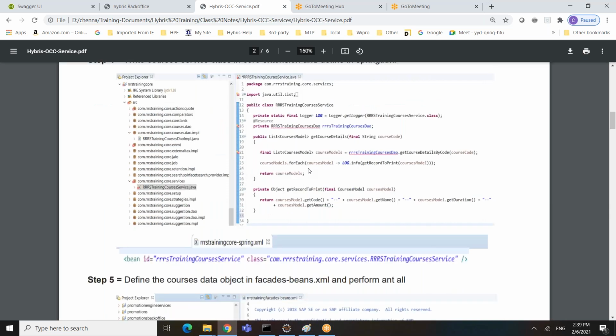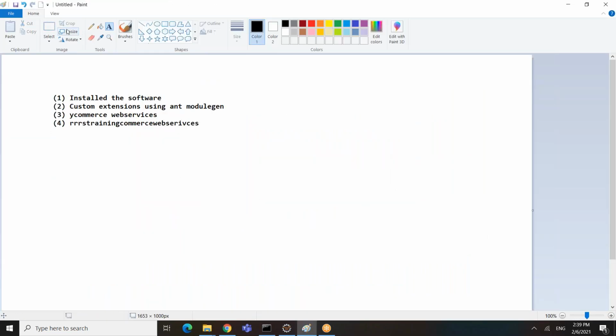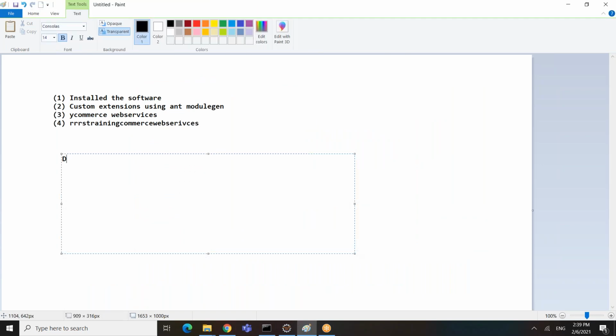Now step 5 is, if you look at here, part of web service, this is what we need to follow. So the DAO returns model, in this case, courses model. Then in the facades, we need to convert courses model to data object, which is courses data in this case.